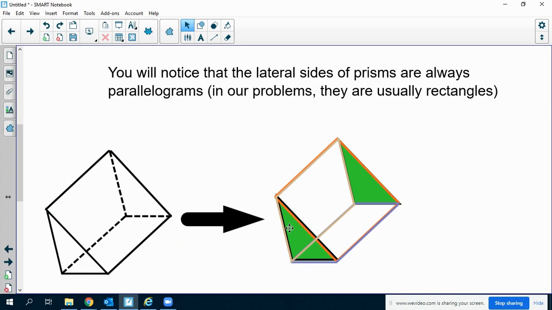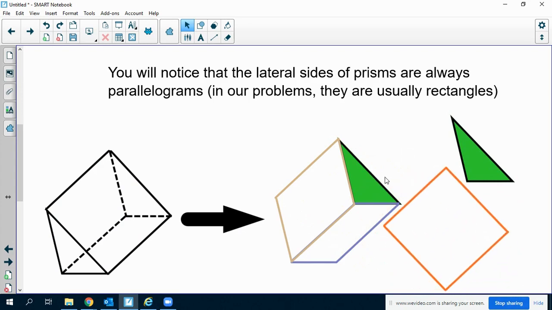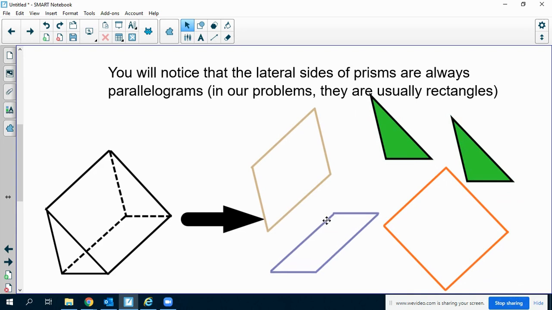Now, if we're looking at the area of this, the area of this is going to be 2 triangles plus 3 rectangles. So what I would do is I would find the area of each of these things, and then I'd add them all up, and then I could get the area of this shape, this triangular prism. Sometimes it's easier to do that, but if you notice,